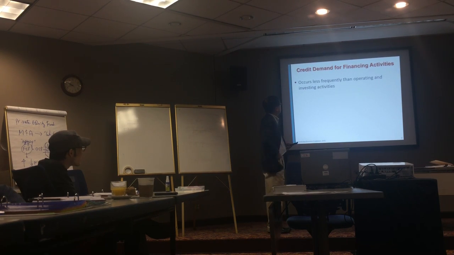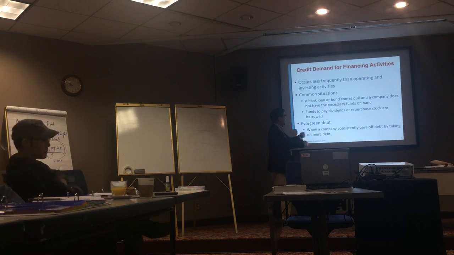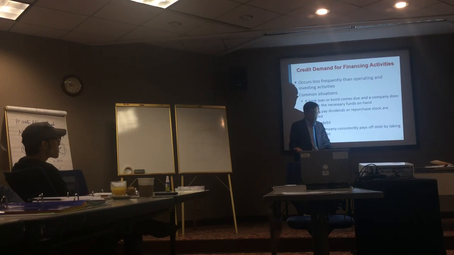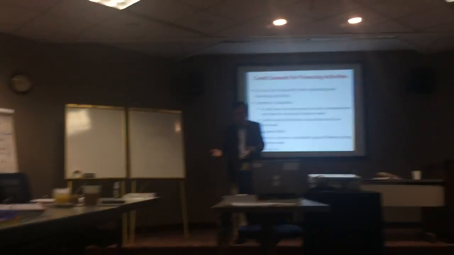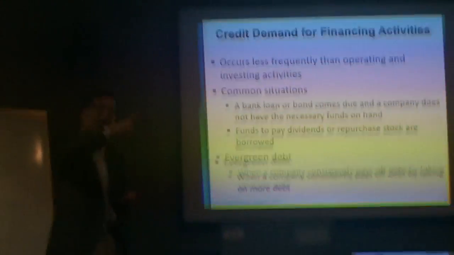It's okay. See, financing activities: once in a while you have a loan for your financing activities. A bank loan or bond comes due and the company does not have the necessary funds on hand. In other words, this is the kind of debt called everybody debt, when a company consistently pays off debt by taking on new debt. You don't have money, so you're borrowing money to pay off old debt. At maturity, you borrow money and pay out. Everybody debt,